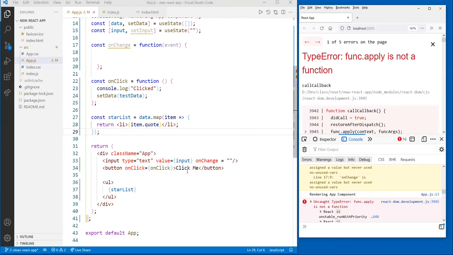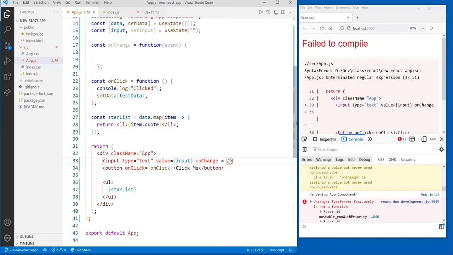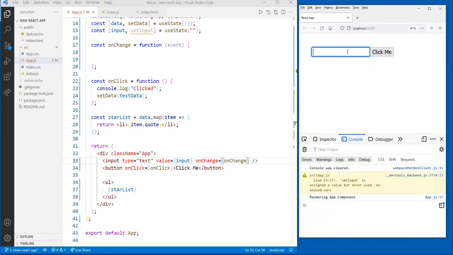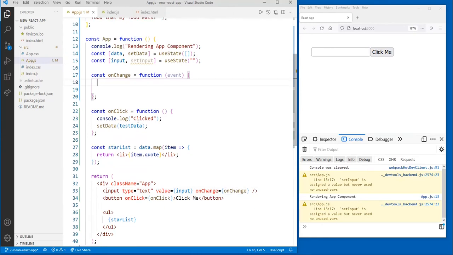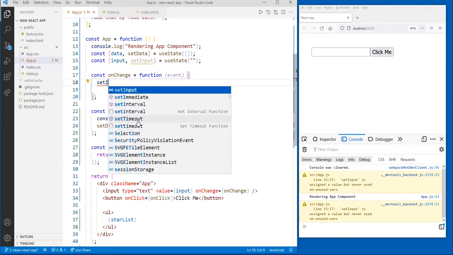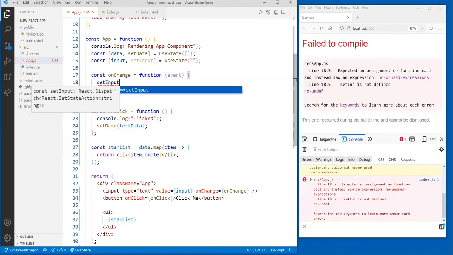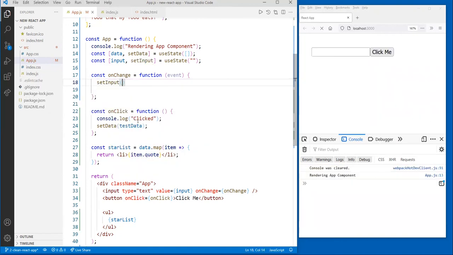Okay. So now we're still getting an error. Oh, because we have no function. We need to make our onChange equal to our onChange function, like that. Okay. And now I can type stuff, nothing happens, which means I need to handle my onChange. To do that, we go set input, and we set it to